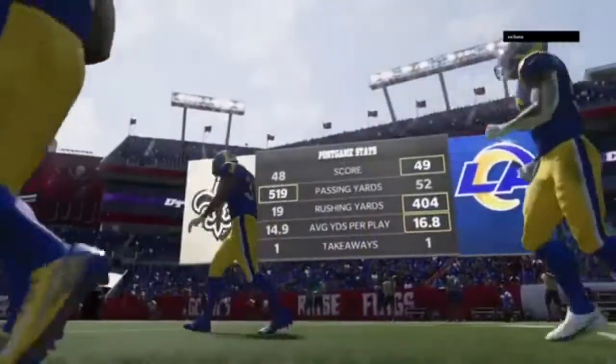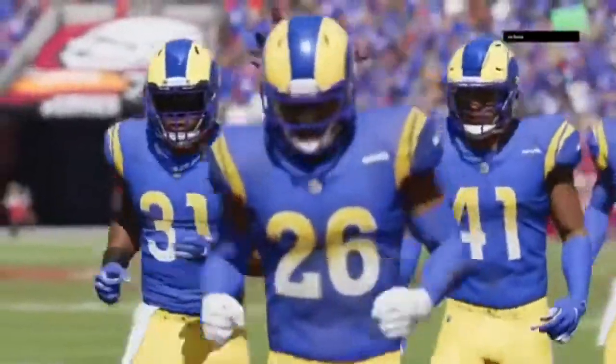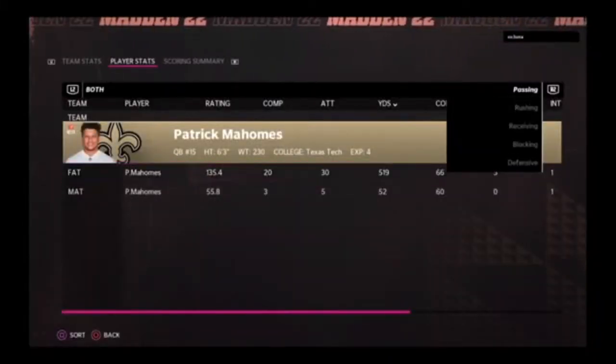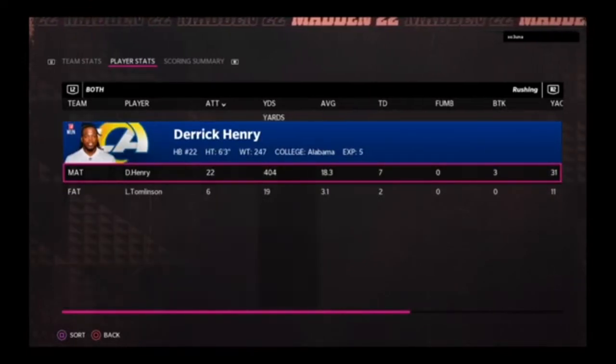49-48. We rushed for over 400 yards, and he passed for 500 yards. So there was a lot of yards gained. Nobody could stop anybody. I mean, look at this QB rating, bro. But look at the Derrick Henry, 400 yards, 7 TDs, 3 broken tackles, man. This man